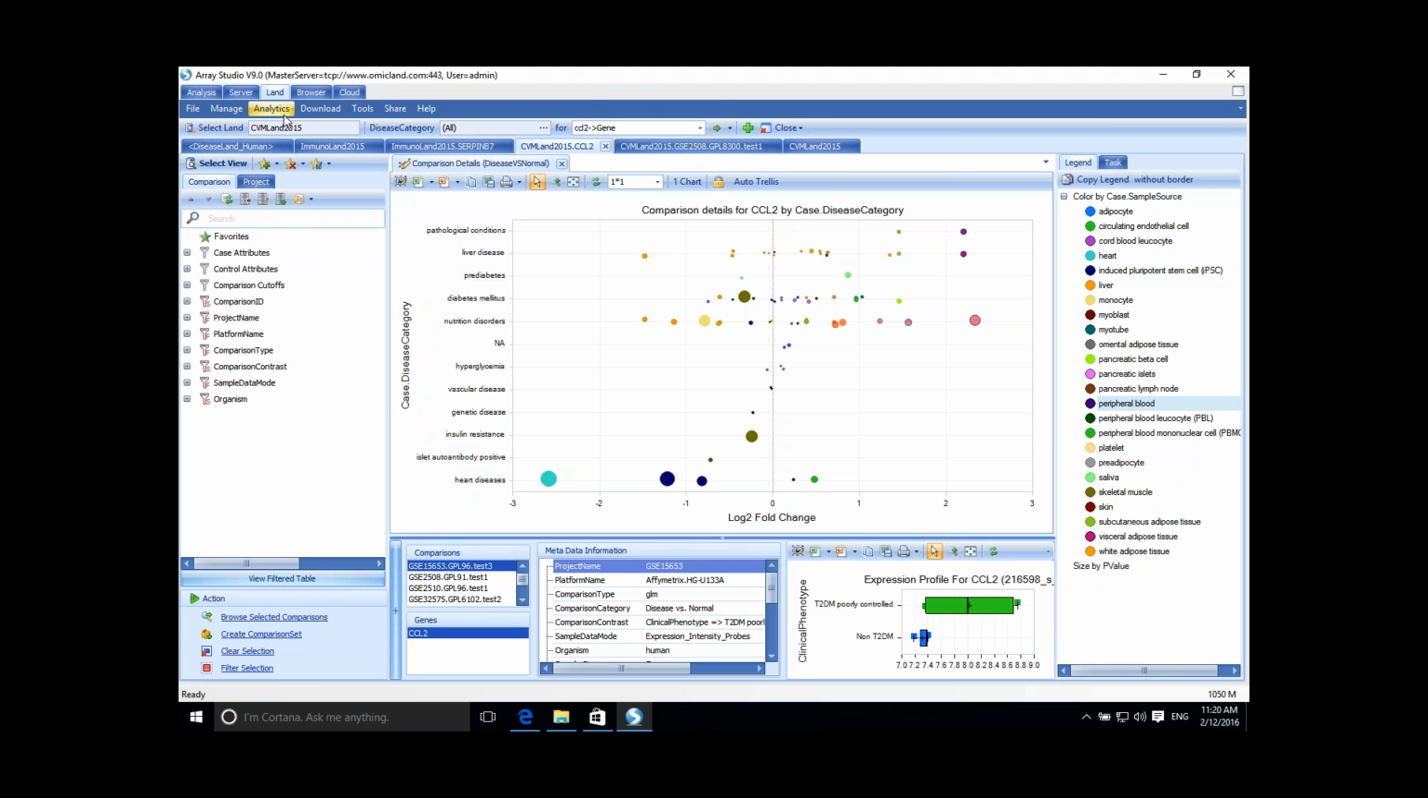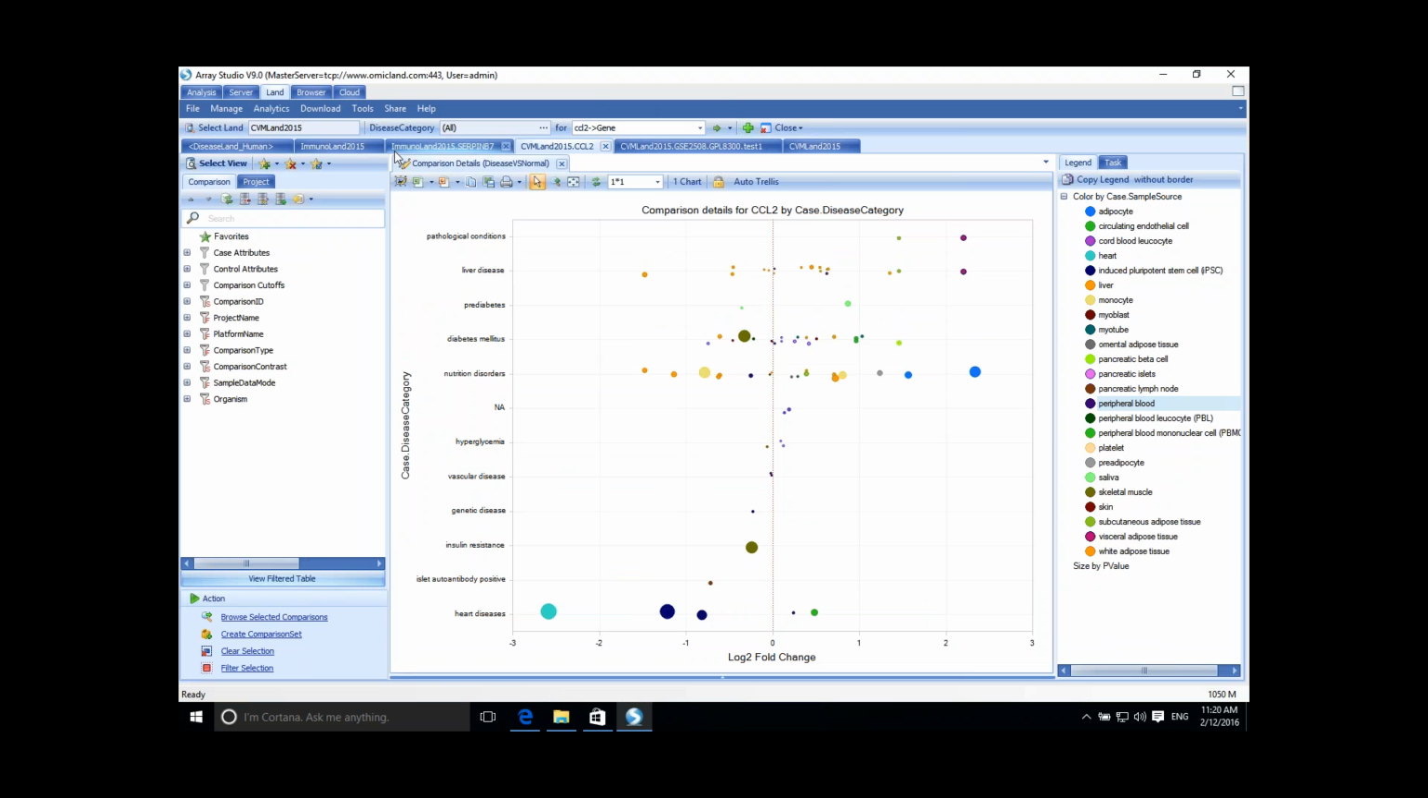So if you're always looking at the same set of obesity projects, instead of doing a search and then filtering for those obesity projects each time, you can use the comparison set concept to have it saved in the system. So for instance,